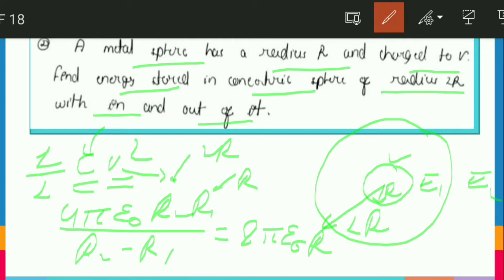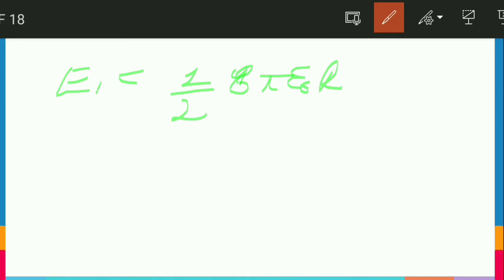And talking about V, what is it? It is equal to the potential difference between this plate and this plate. This plate has potential V. So can you find the potential at this plate? I think you know V is inversely proportional to R. So this is 2R, so the potential here will be how much? V by 2. So our V that we write here equals V by 2. So simply putting all the values, we will get our energy E1 equals half C, we have got 8 pi epsilon naught R, and delta V which we have got equals V by 2. So this is our E1.